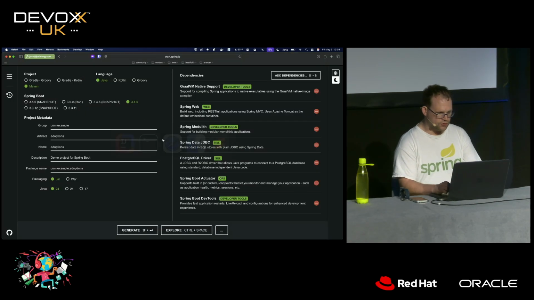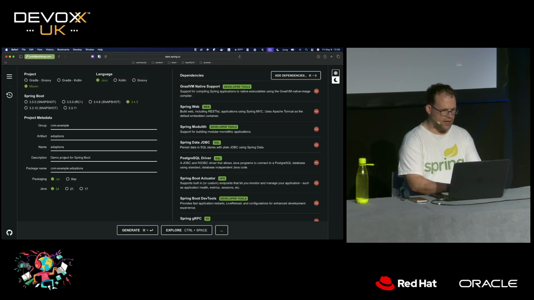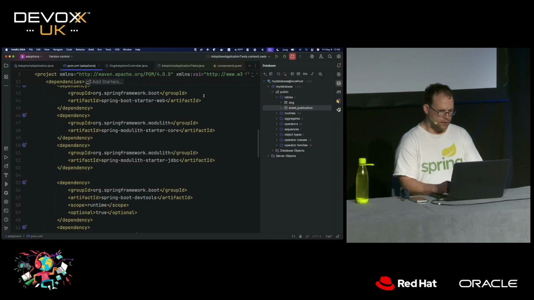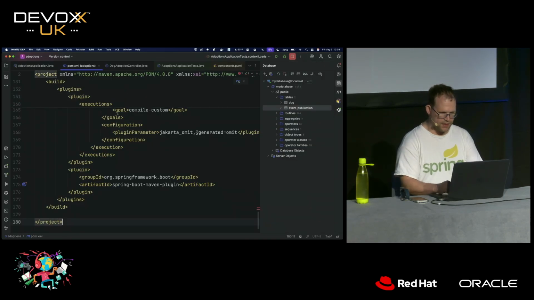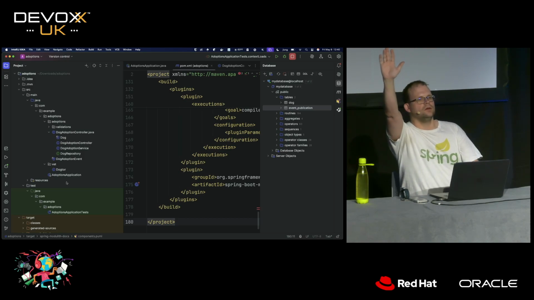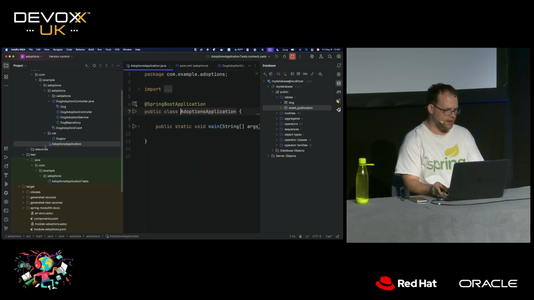So let's go back to start.spring.io. We've got this over here. I'm going to add some support for gRPC and for GraphQL. OK, so we'll copy and paste all that. Paste, and then Command-Shift-I, reload. So GraphQL, how many of you are using GraphQL? GraphQL is a protocol defined by Facebook, Meta, whatever.